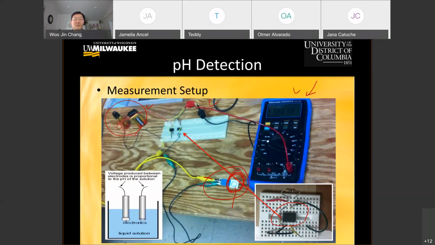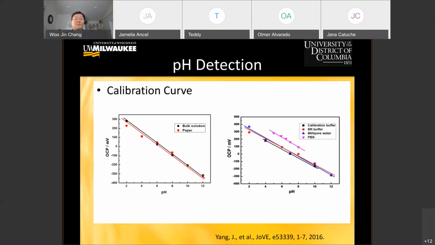And actually, the guy who approached me to test this device was working in the pharmaceutical area. So he wanted to minimize the waste of the pharmaceutical samples, and that was the major reason for him to test my sensor. So I compared the capability of the sensor using just a bulk solution, meaning the sensor